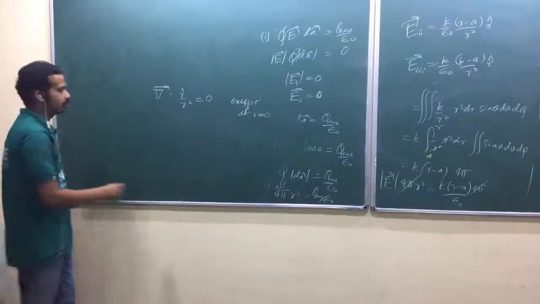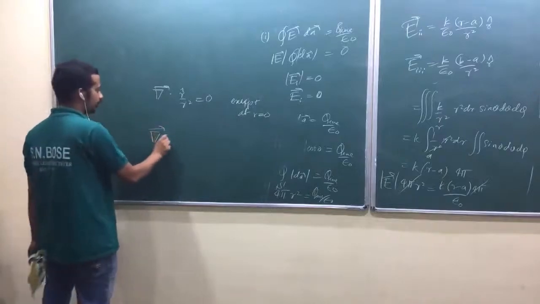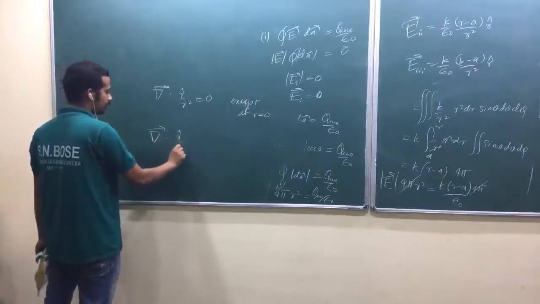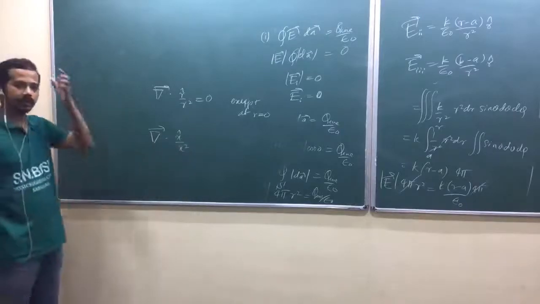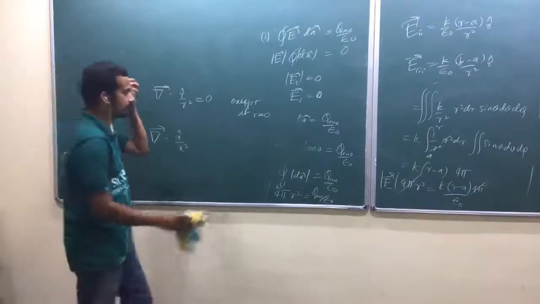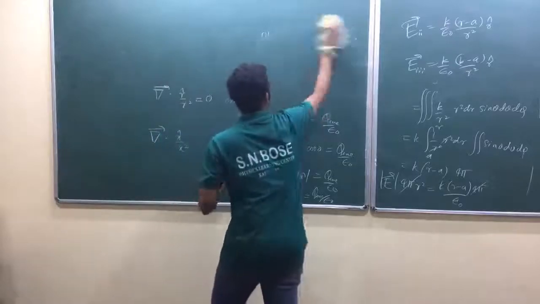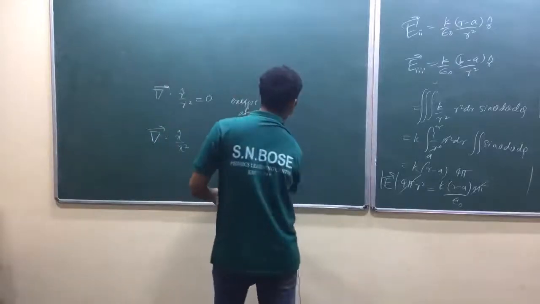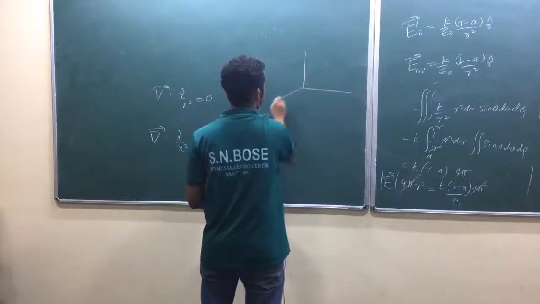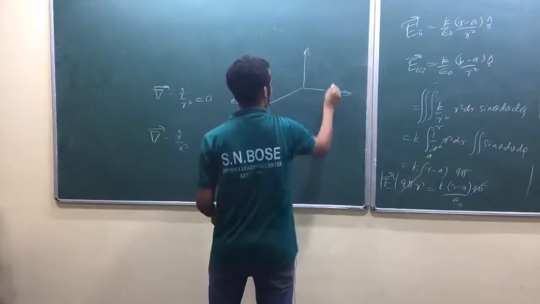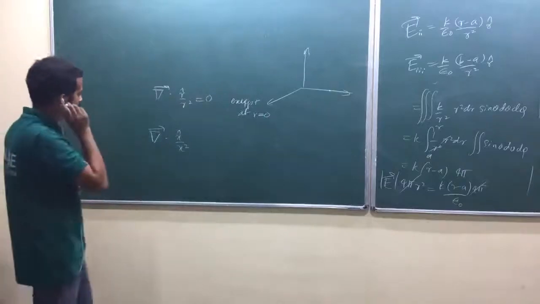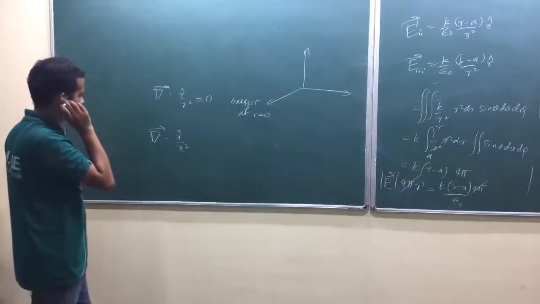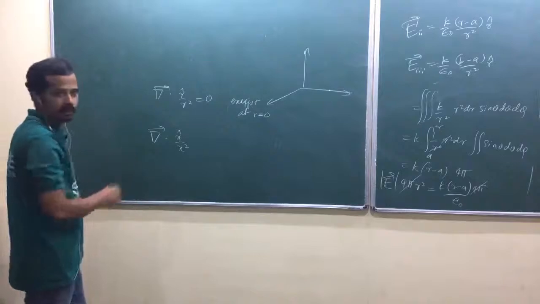Am I right? So he's saying del dot x cap by x square, isn't it? A point on the x-axis. Let me give some idea. I think later we may get some more idea. He's talking about a point on the x-axis. Am I right? Isn't it? Now it will be non-zero.